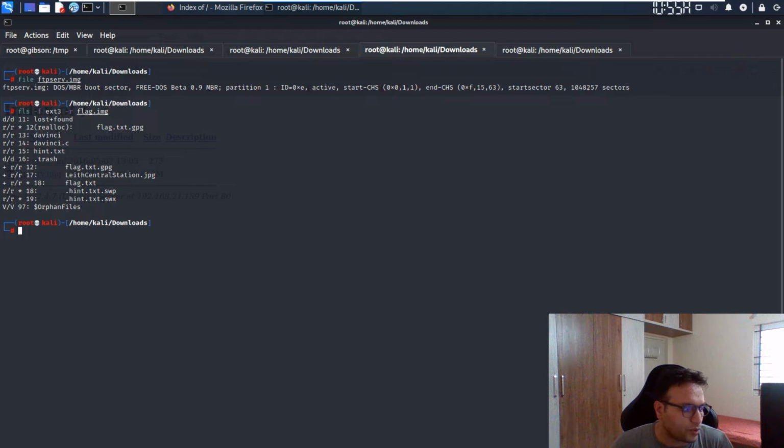If you want to mount it, you can mount it also, but I am not mounting it over here. I'll just simply try to access it and see what content I can see by that. So these are the things coming under it, and now I'll try to get this mounted.